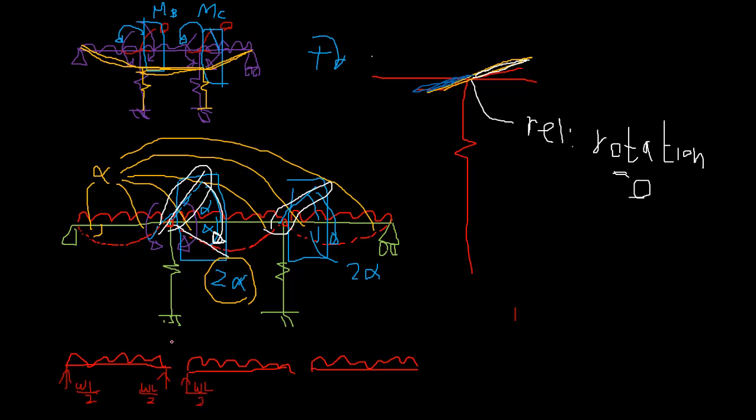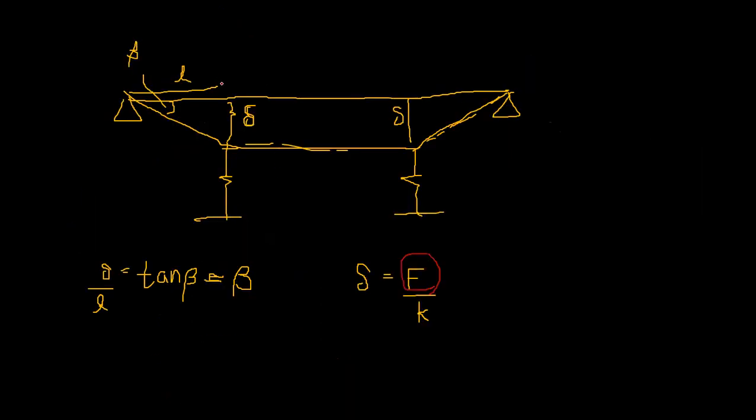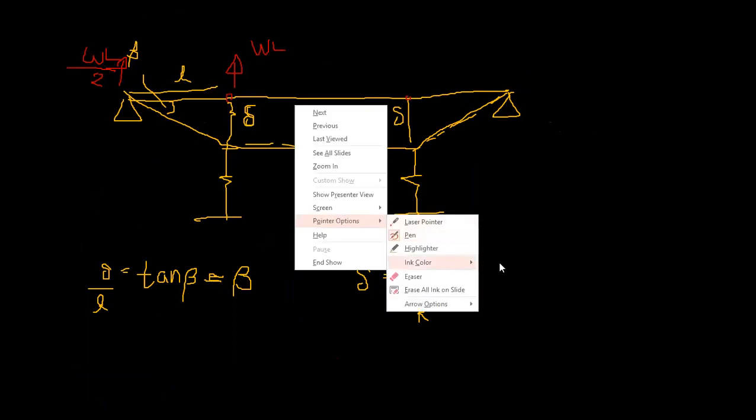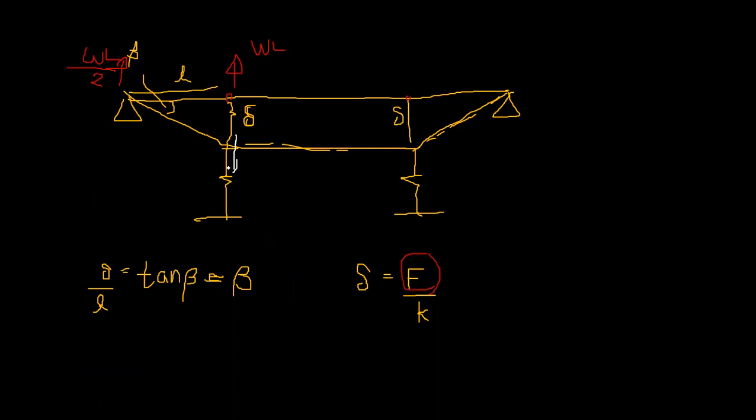If these are the reactions on the beam, here the summation is WL, the reaction on the beam, right? So the force on the spring is the other way around. Force on the spring is exactly similar to this but in the opposite direction. Okay, so that means this beam is going to press the spring and the spring will give you an upward reaction to resist that